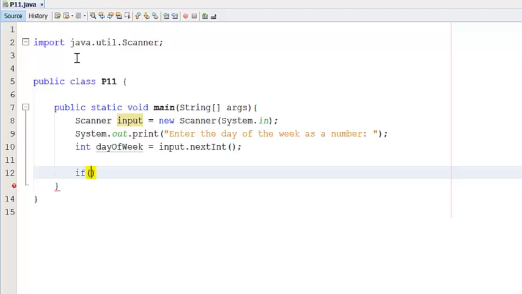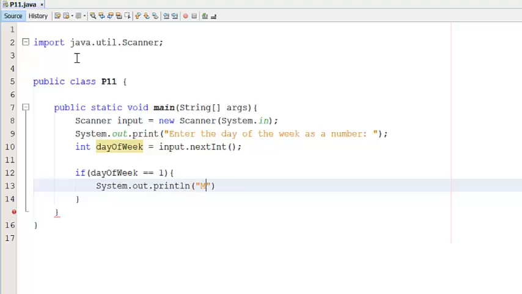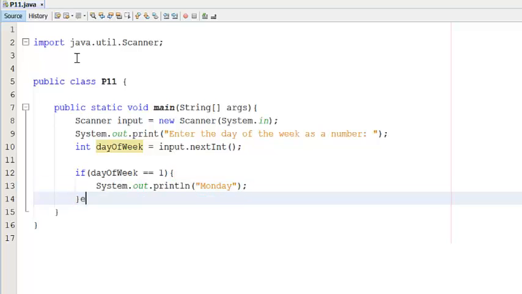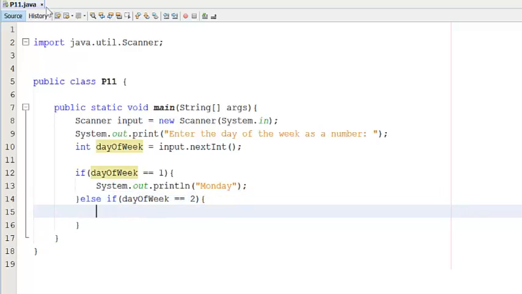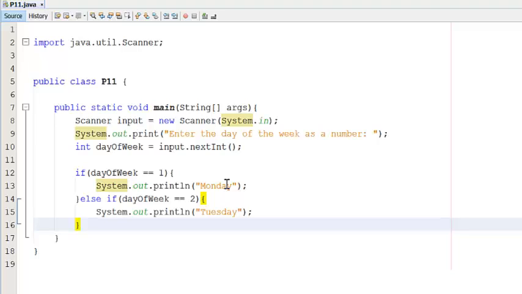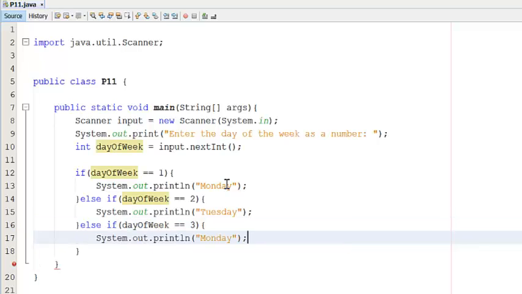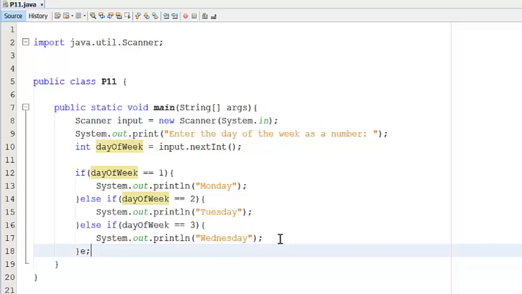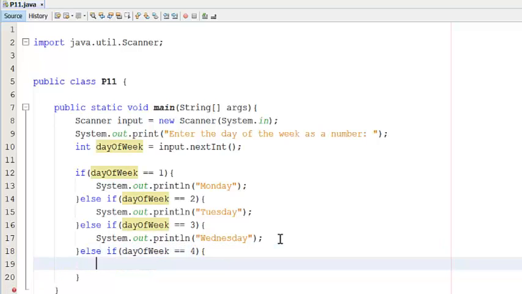So I'm going to start with an if day of week is 1, System.out.println Monday, else if day of week equals 2, Tuesday, else if day of week equals 3, it is Wednesday, else if the day of the week is 4, it is Thursday,